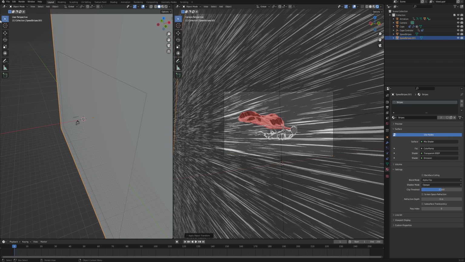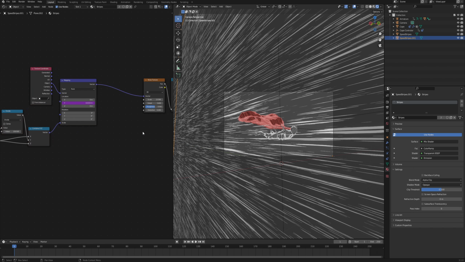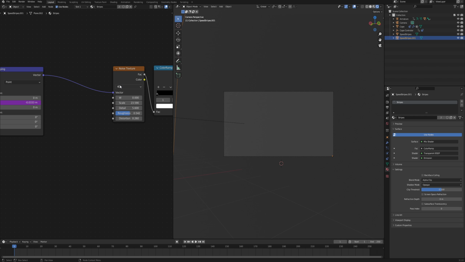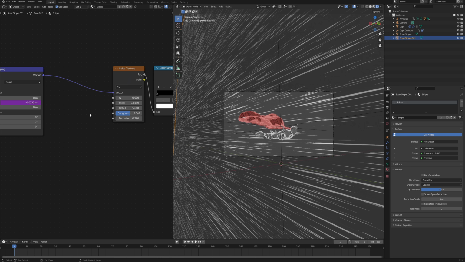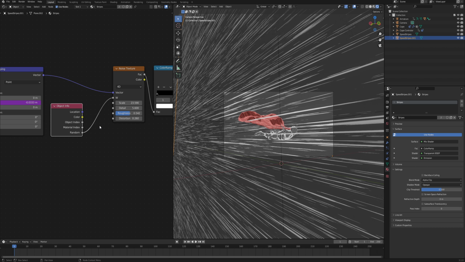So what we can do about it is we can go back to the shader editor and we can move those nodes out of the way a little bit and then change the noise texture from 3D to 4D. And what that does is give us this value, which is basically a seed for the noise texture. And what we want is an object info node and this random value, which basically gives us a random value for each object. So we just plug that into the W value and that fixes our tiling issue.